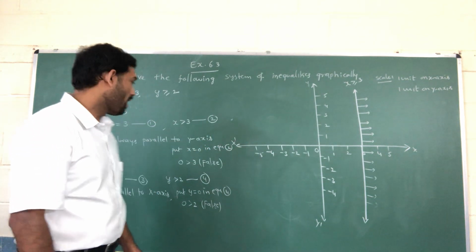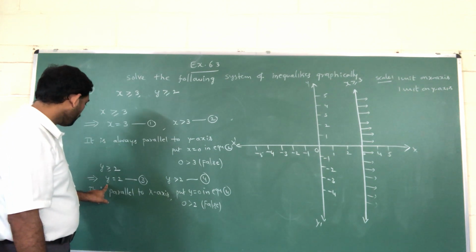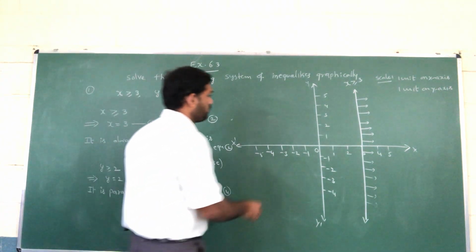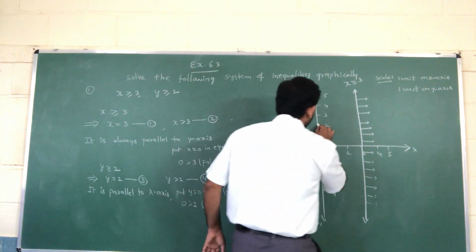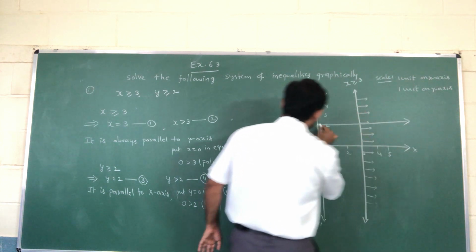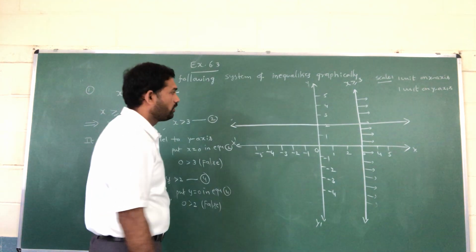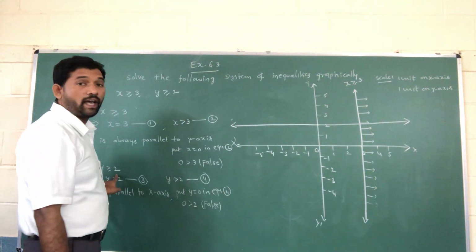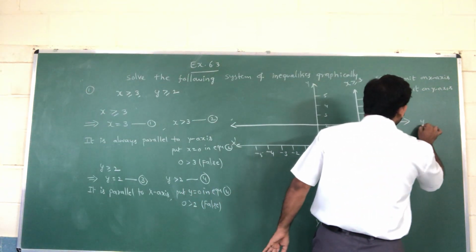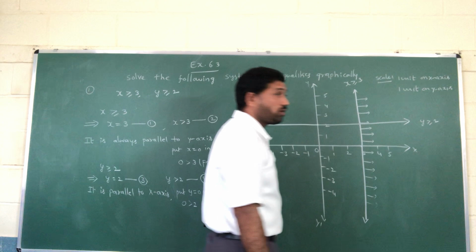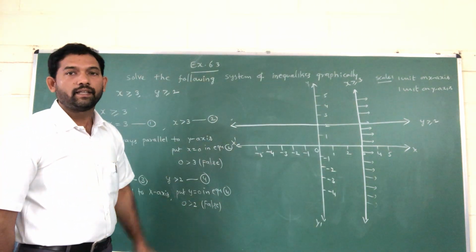Another graph is there. What is that? Y is equal to 2. Y is equal to 2 means this one only, na? So it is parallel to x-axis. Now this is greater than or equal. Equal means you should take a dark line only. This is y greater than or equal to 2. You must write the inequality names also, it is compulsory after representing.